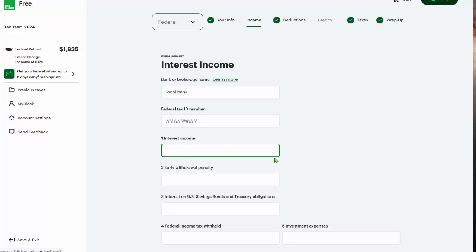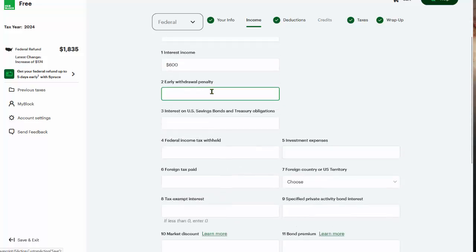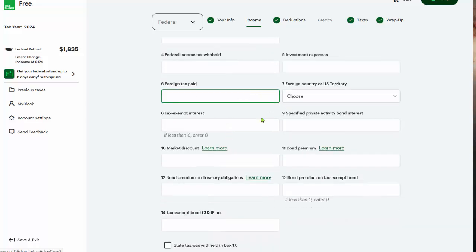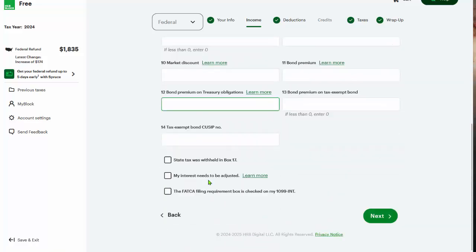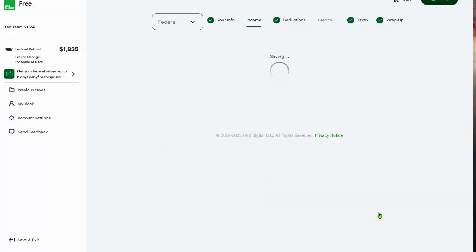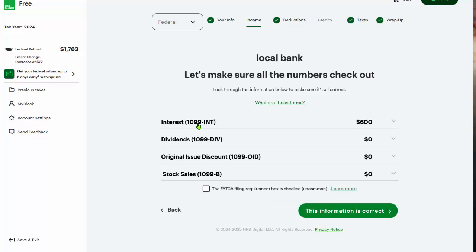Let's say I received $600 in interest. I had a CD there. I had no penalty because I waited till it matured. No federal income tax was taken out. I just go through all the things here. Everything looks okay. There was no state tax withheld. So I'll leave that blank, and now just click next. So there it added that